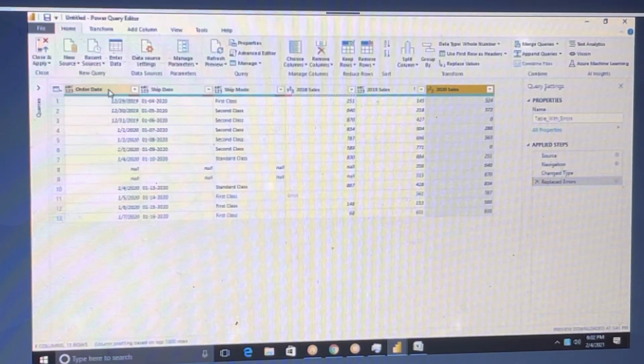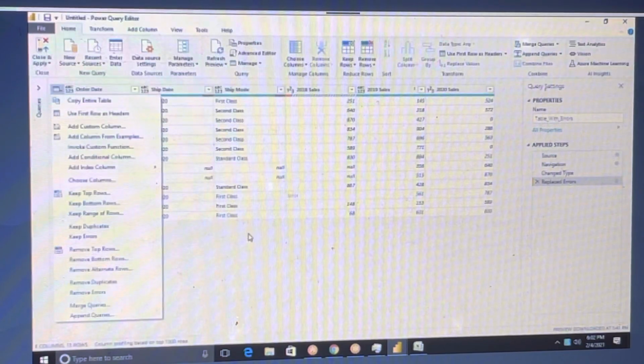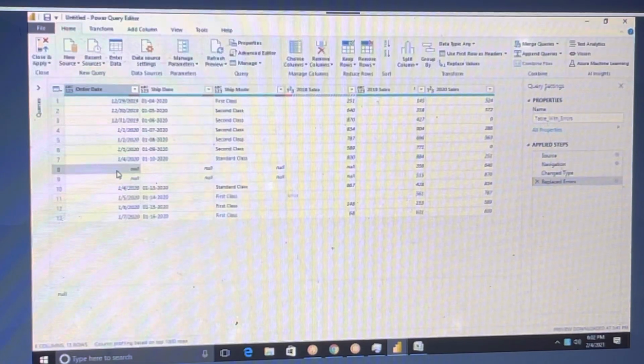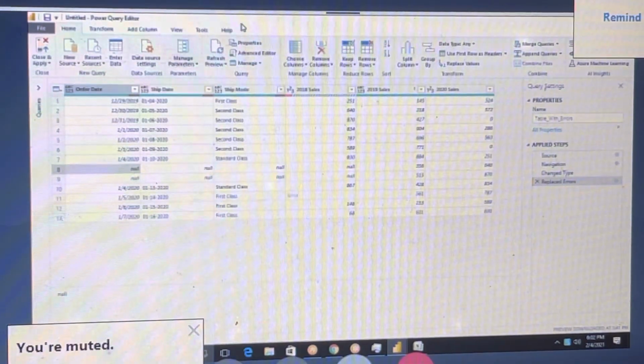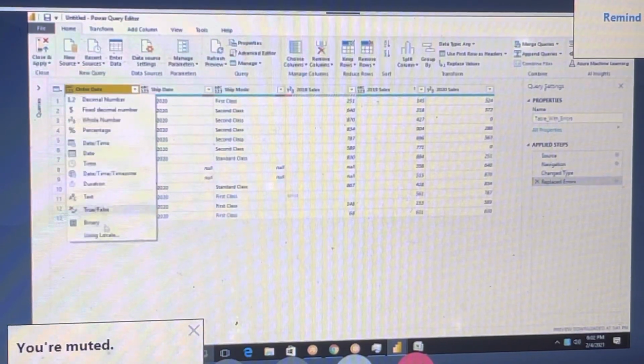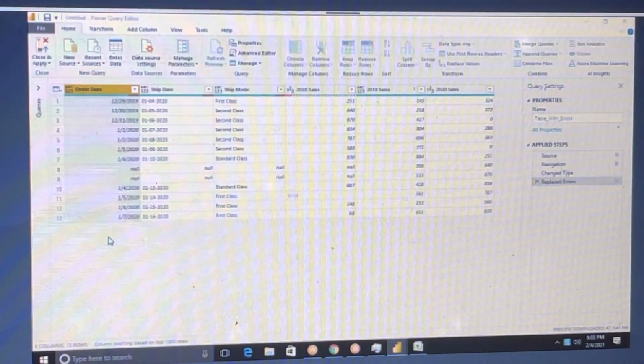Now if you have date related formats also, this is the date format actually. Here you can see ABC also, and again there is a null value. This is also ABC. So you have to replace nulls. This is also ABC, right? So use local time. Okay, click on local time. You can take some format so that it will run.